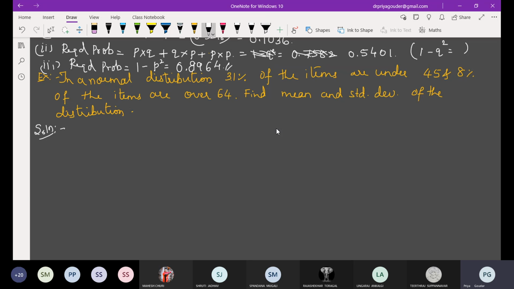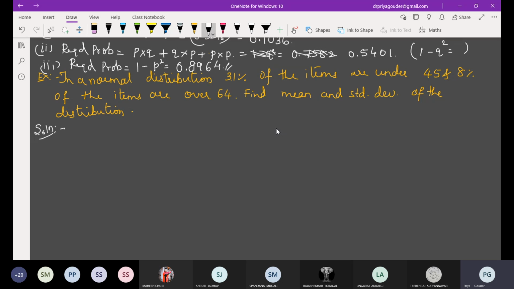Okay, now in all these problems, just see what was given. Mu and sigma was given. But in this question, what we need to do? Find them. Means in all the problems, if mean and deviation are given, it is very simple. In the reverse case, we have to be a little careful and do it correctly. Okay, so let me go for it.